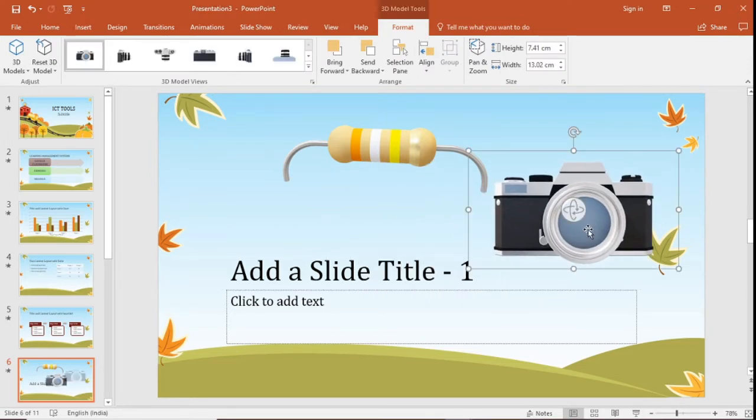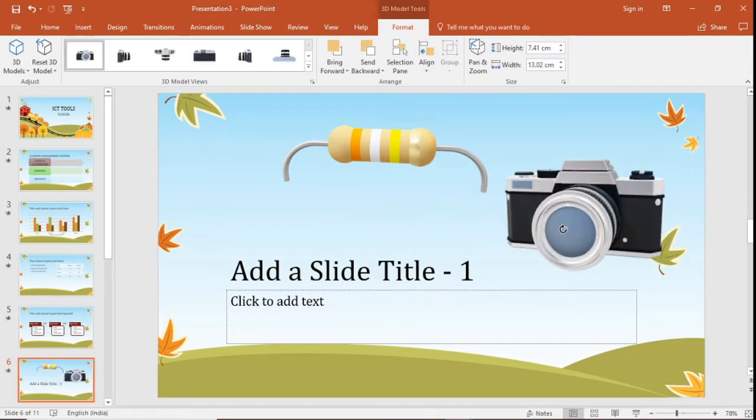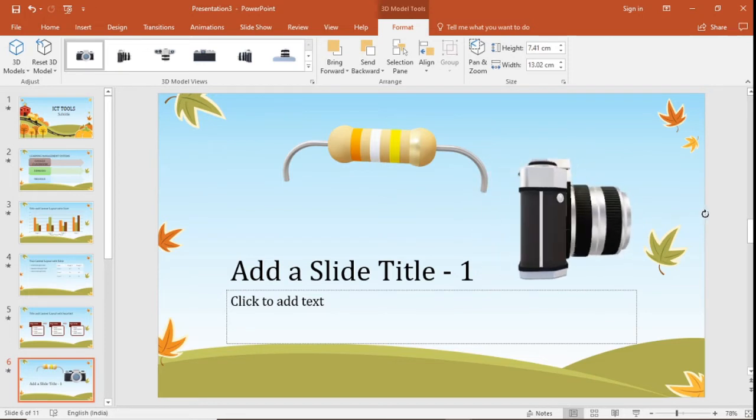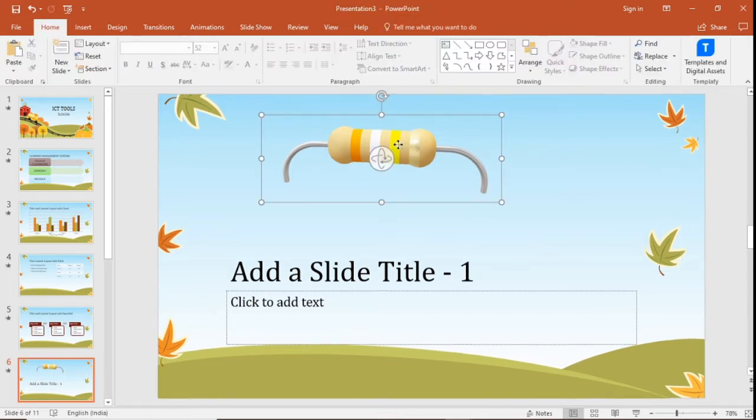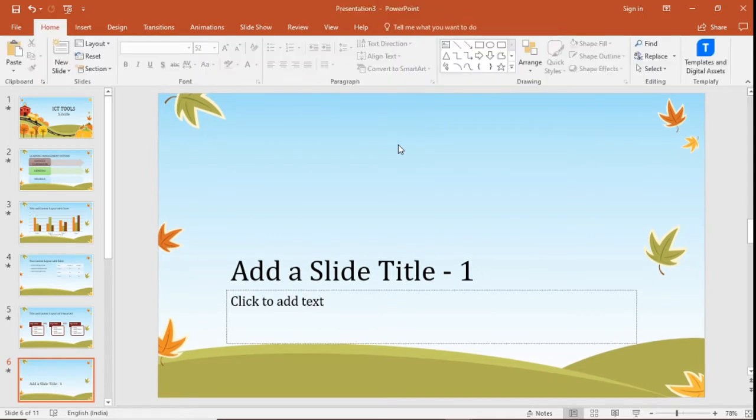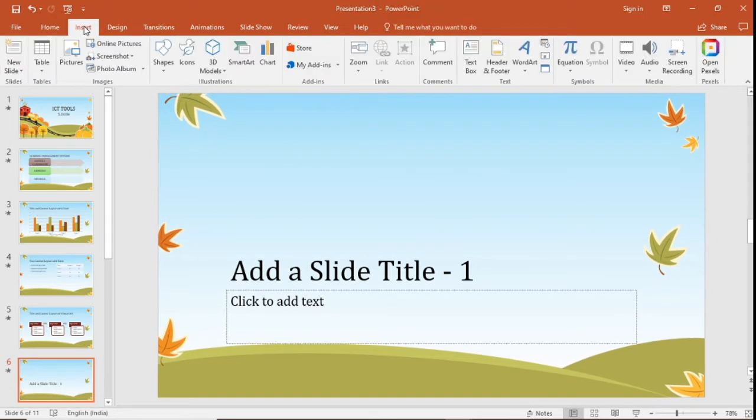So the 3D model of the camera has been inserted. We can show to the students how this particular object appears. So these are the functions of inserting 3D models in our PowerPoint presentation. So let me delete this for now. I'll delete this also. So this is a very good feature available in PowerPoint 2016.